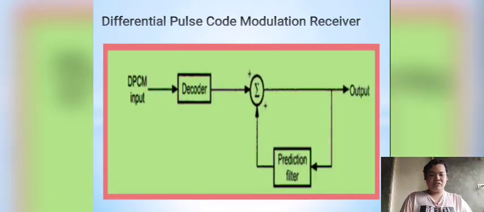Differential pulse code modulation receiver. In order to reconstruct the received digital signal, the DPCM receiver consists of a decoder and prediction filter, in the absence of noise. The encoded receiver input will be the same as the encoded transmitter output. As we discussed, the predictor undertakes a value based on the previous output. The input is the encoded